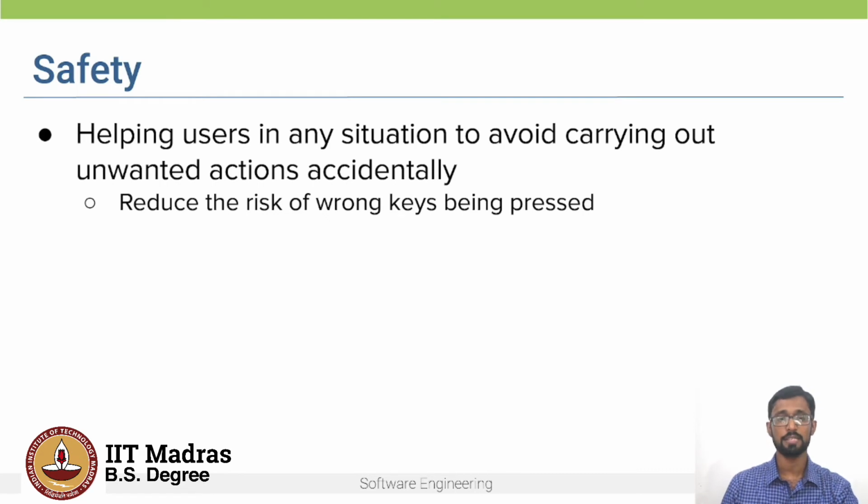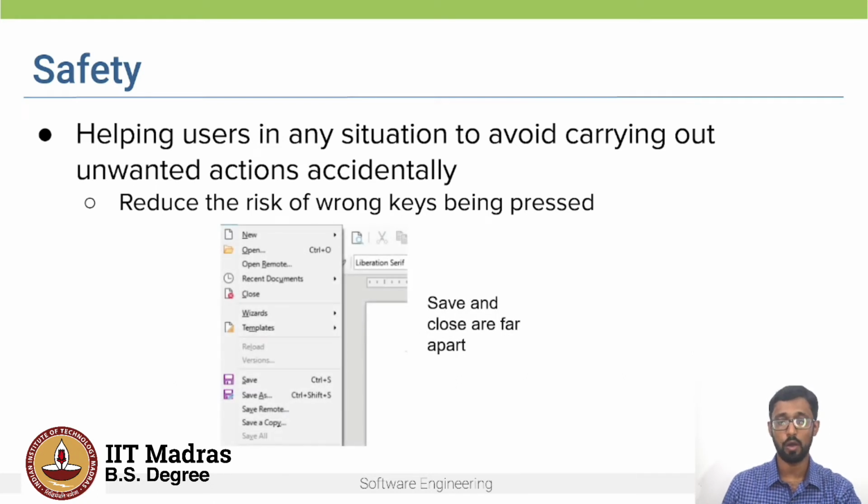So the second aspect of safety is helping users in any situation to avoid carrying out unwanted actions. So think about software applications which have reduced the risk of wrong keys being pressed. Most common example is when you use document systems. If you notice, the save button and the close button are far apart,